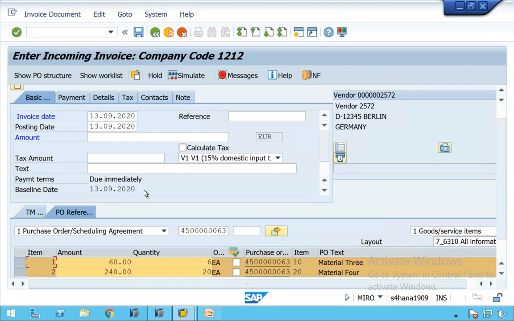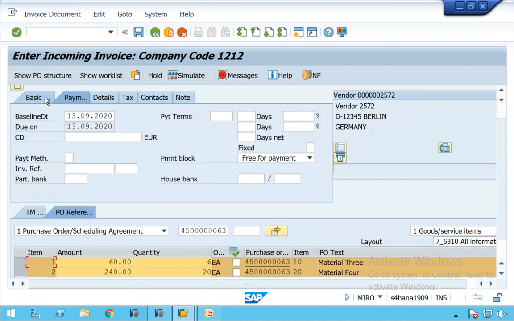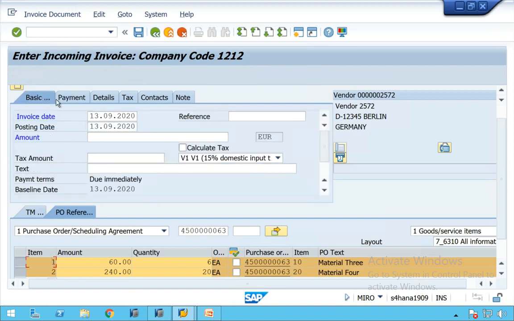Those are called payment terms. For payment terms, you should have a baseline date, right? That's why we have to specify the baseline date in the invoice header, in the Payment tab.